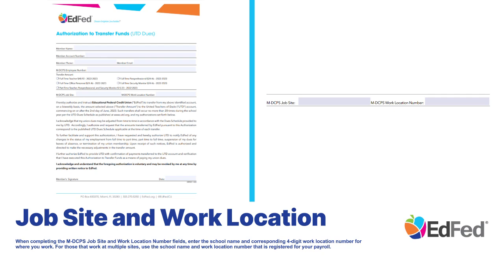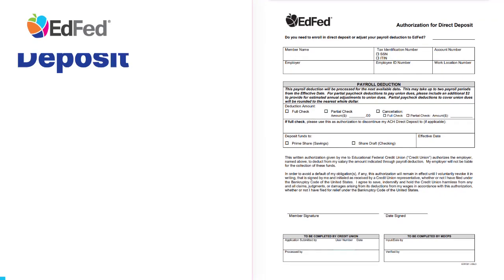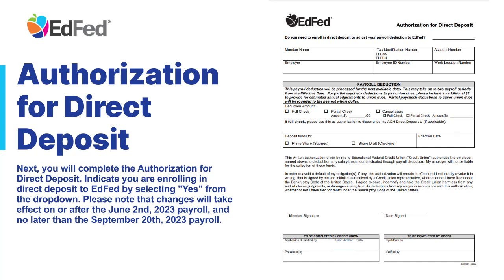For those that work at multiple sites, use the school name and work location number that is registered for your payroll. Next, you will complete the authorization for direct deposit. Indicate you are enrolling in direct deposit to EdFed by selecting Yes from the dropdown. Please note that changes will take effect on or after the June 2nd, 2023 payroll, and no later than the